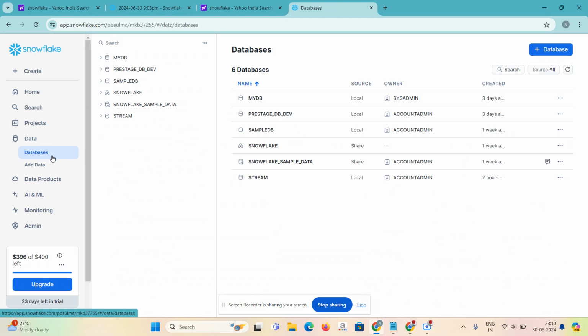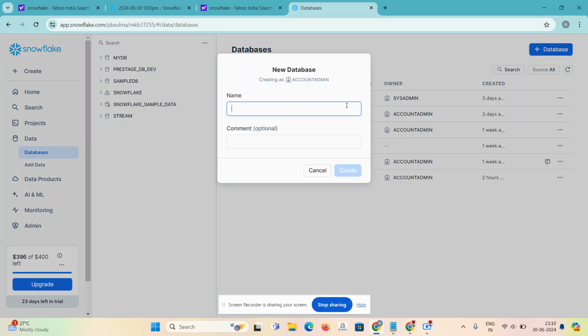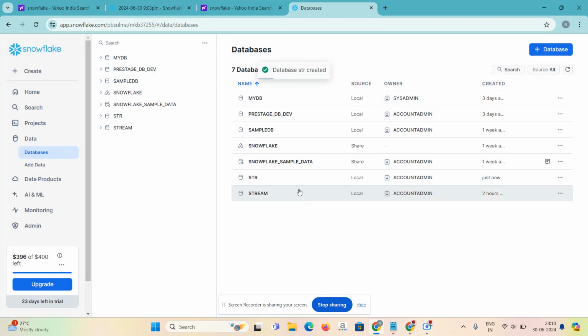Navigate to the database section and click create, and a pop-up will appear. Enter a database name and click create. The database is created.